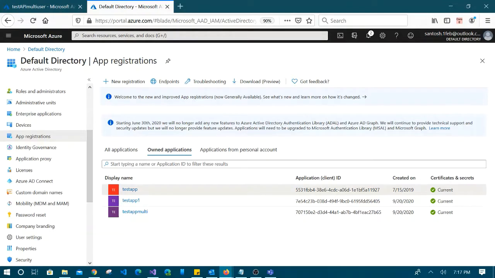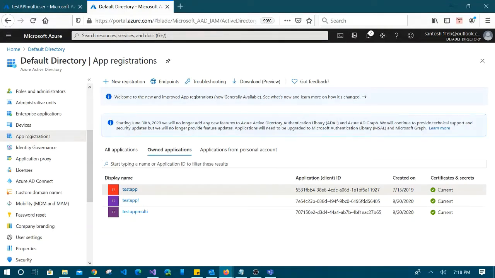So in this demo we'll create two OAuth 2.0 registrations, and also we'll see, if there are multiple APIs, how we are going to configure multiple OAuth for different kinds of APIs in API management. So let's get started, and we'll see how we can do this.